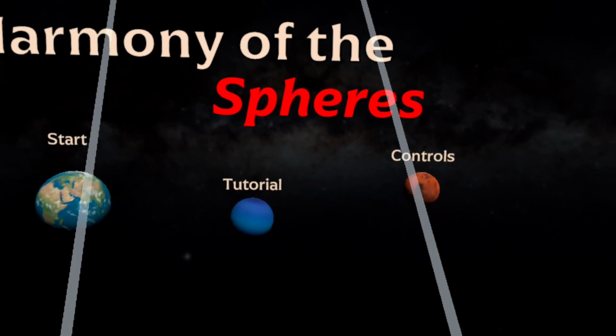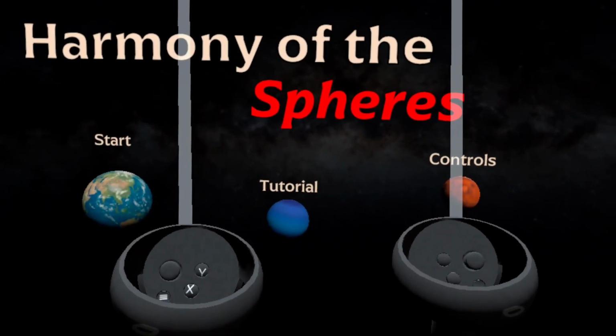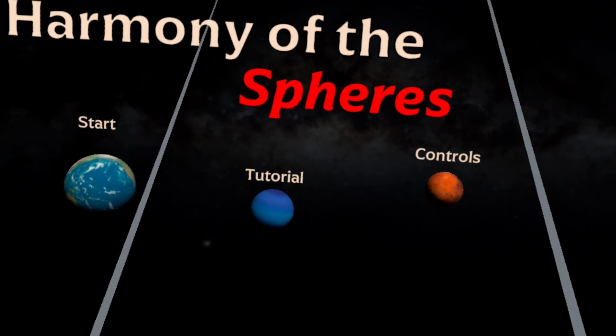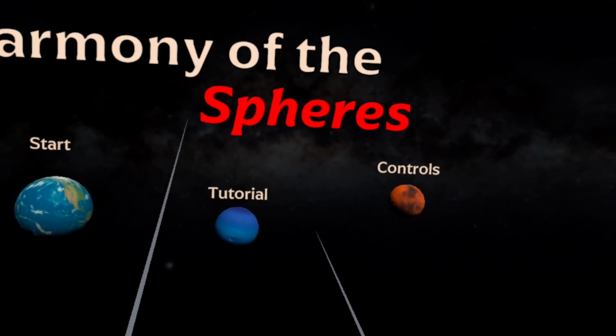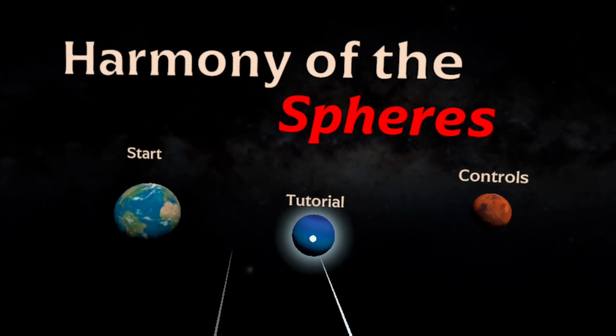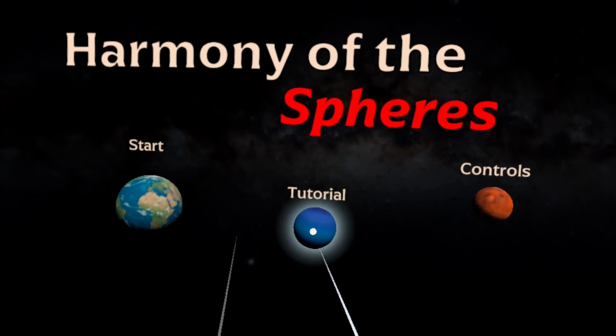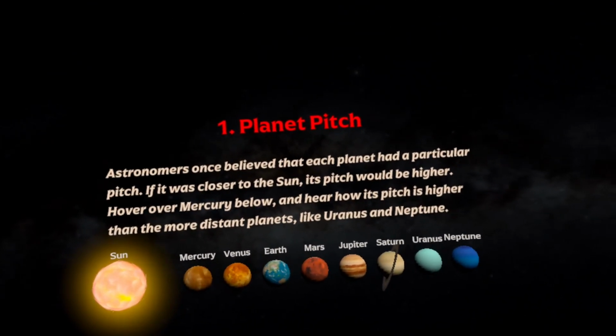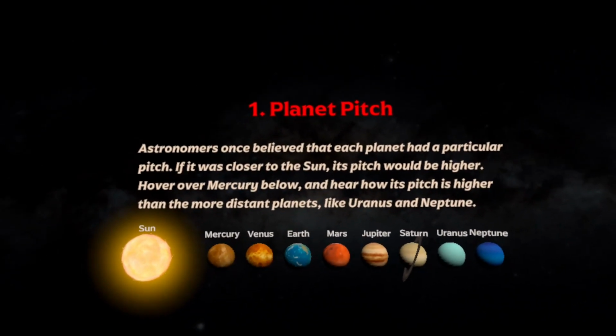And as you can see, we have two laser beams, and they relate to the right hand controller and the left hand controller. The idea here is that we use these beams to interact with our environment. So we'll start by pressing the trigger button over tutorial, and here we're greeted with the first tutorial screen, which